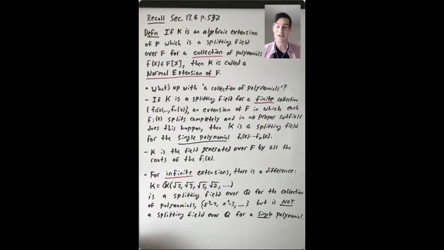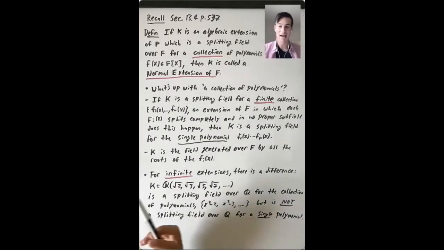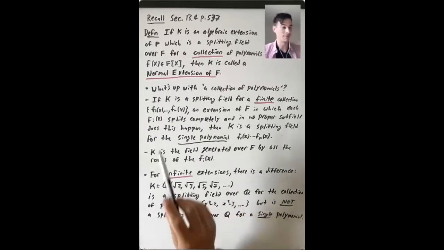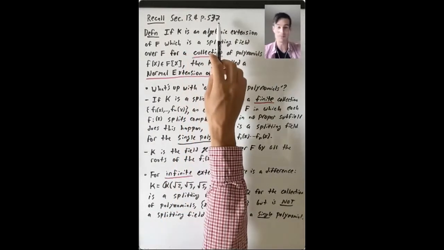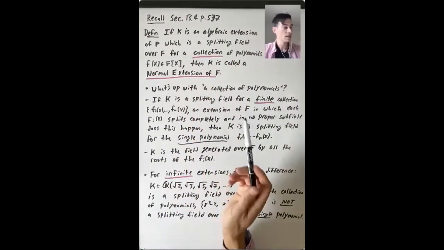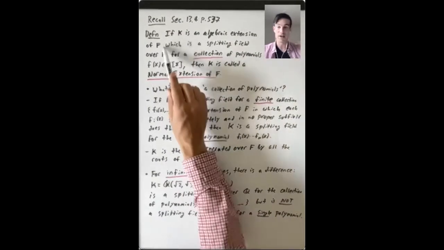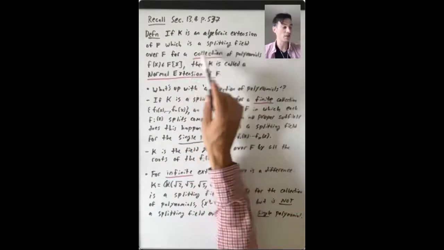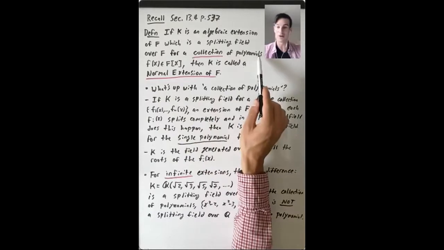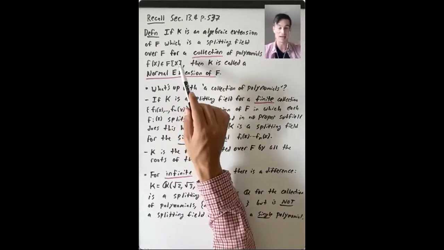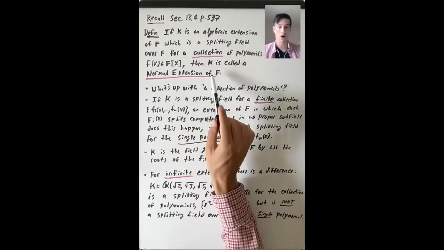I want to start this video by talking a little bit about the definition of a normal extension. So let's think back to how this was first defined in Dummit and Foote. In section 13.4 on page 537, if K is an algebraic extension of F, which is a splitting field over F for a collection of polynomials f(x) in F[x], then K is called a normal extension